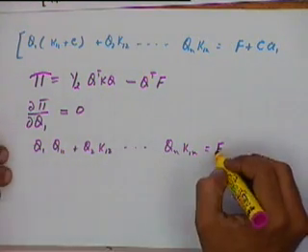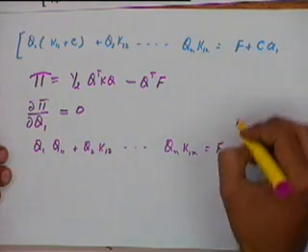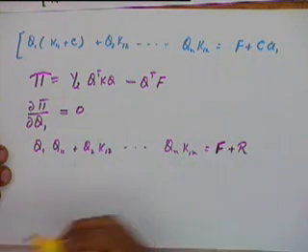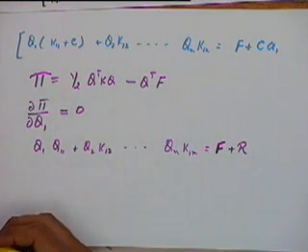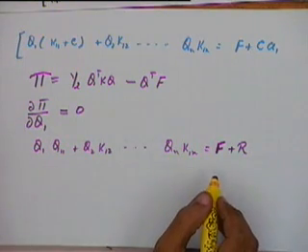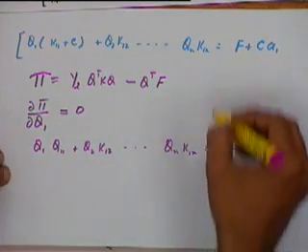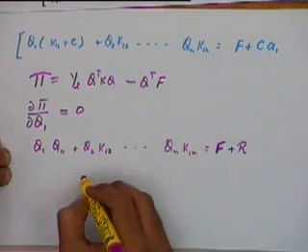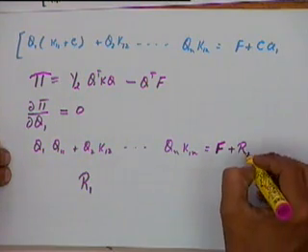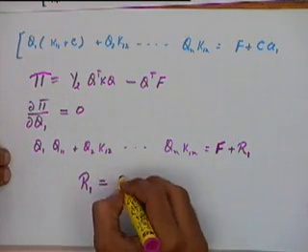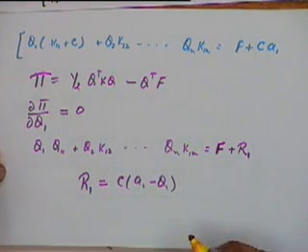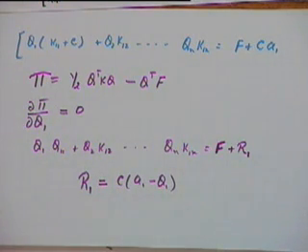And on node 1 we are saying that there will be some reaction. So the actual force acting here will be the other external forces plus the reaction force. So if I compare these two, what I will get is that the reaction force at node 1 will be equal to C times A1 minus Q1. Is that okay?